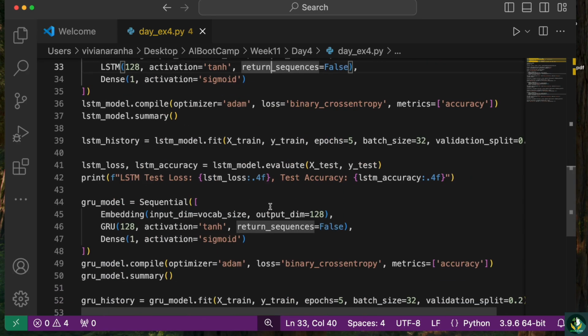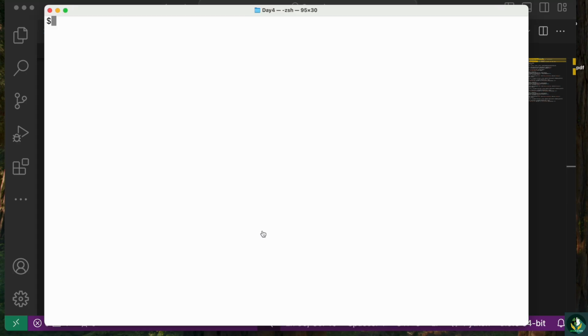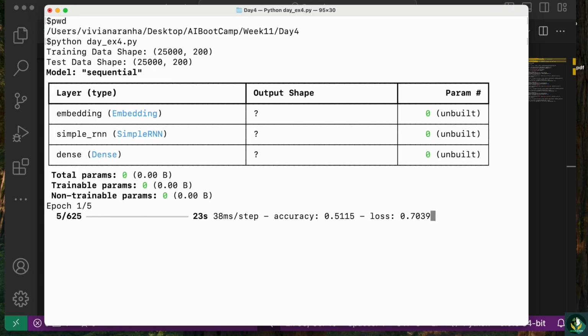Perfect. Now let's open terminal and let's make sure I'm in the right folder. Yes, I am. And I'm going to say Python day exercise 4, run it. And now, since it's running through 3 different models, I'm going to give it some time and come back to